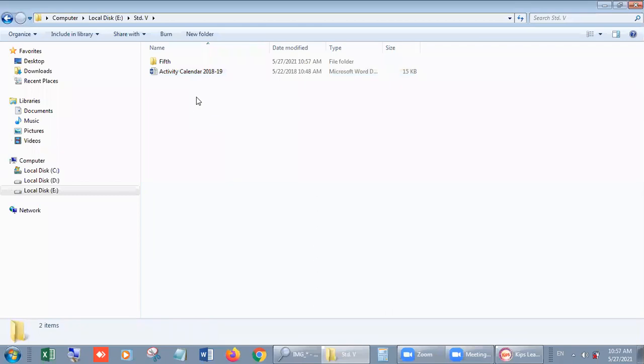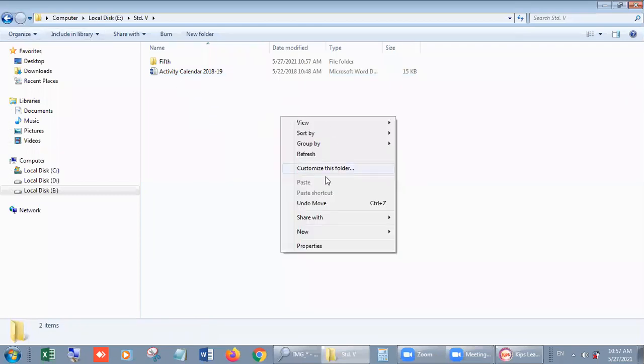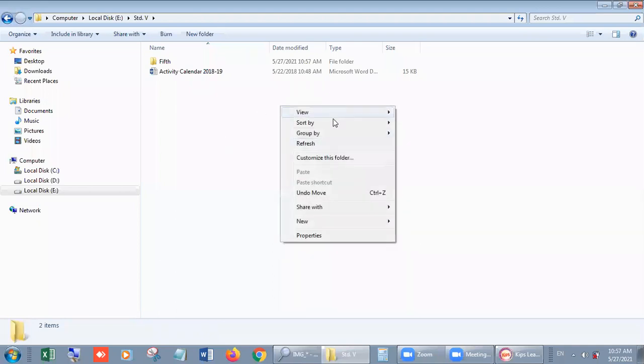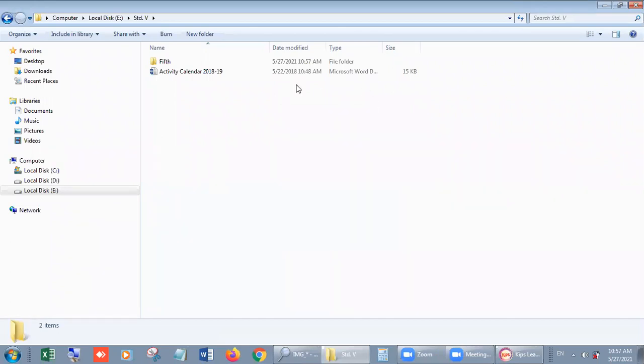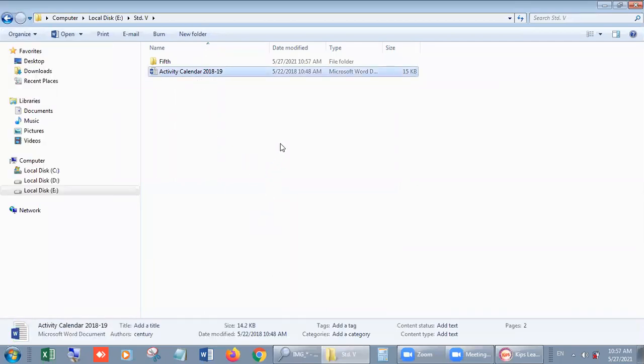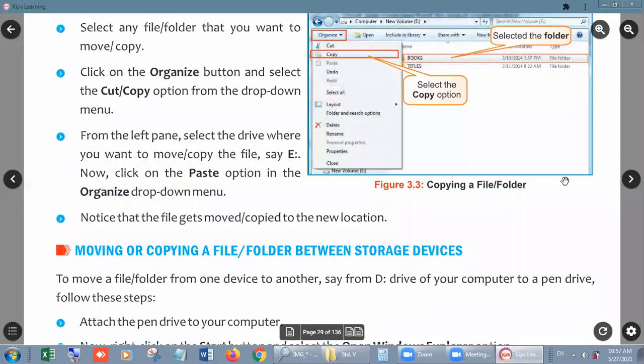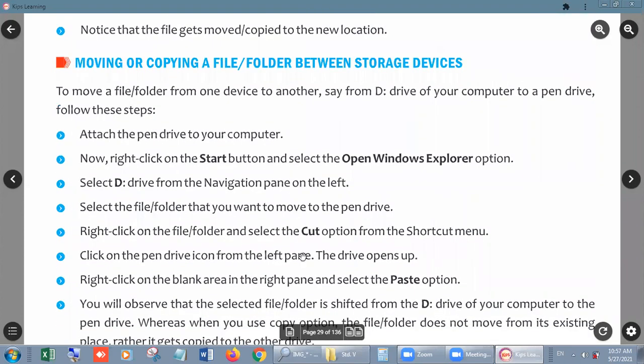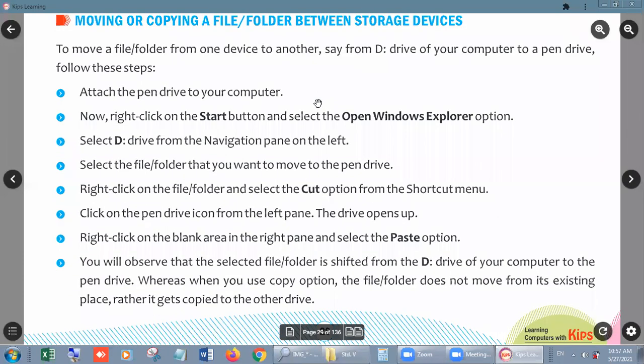Same command will follow. You can choose from organize or you can choose from right click. Okay, when you right click on it, then you will have a shortcut menu or context menu. It has two names, context menu and shortcut menu, and you can use directly from organize, but you have to select in both the cases. Okay students, so these are the commands in which you can copy and move the files from one location to another. Moving or copying a file or folder between storage devices, I told you that is no problem. You can shift it from a folder to a drive also.